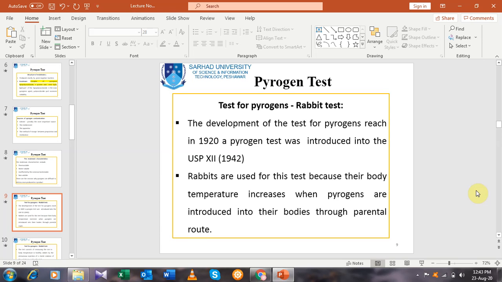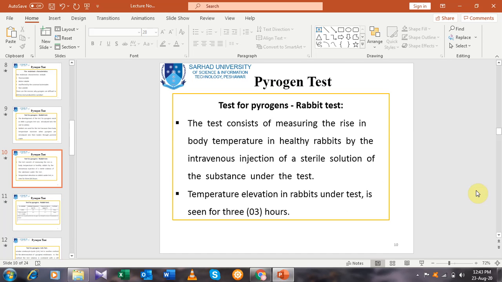The rabbit test is in vivo testing of the pyrogen, in which the solution or sample is injected through the parenteral route and then the body temperature rise is observed in healthy, mature rabbits by intravenous injection of the sterile solution of the substance under test,